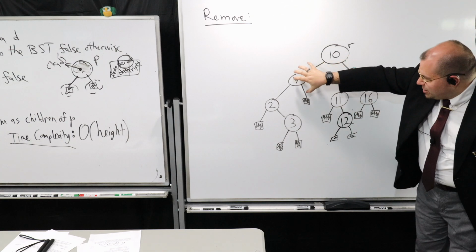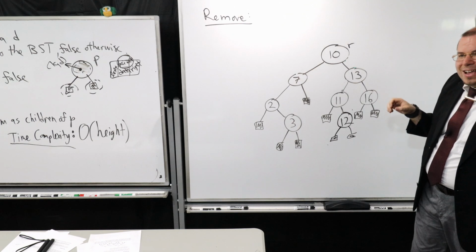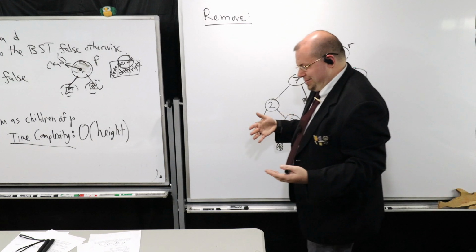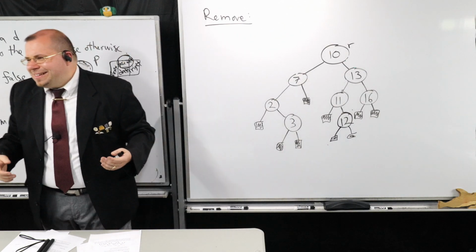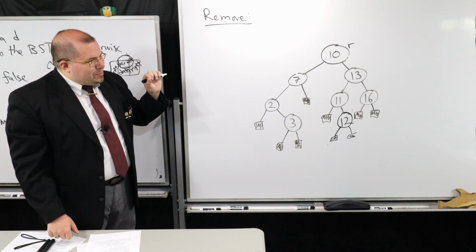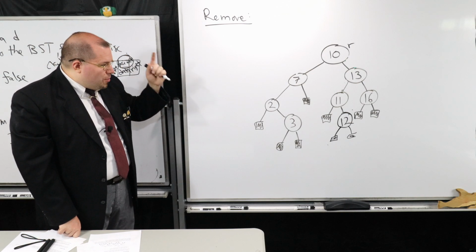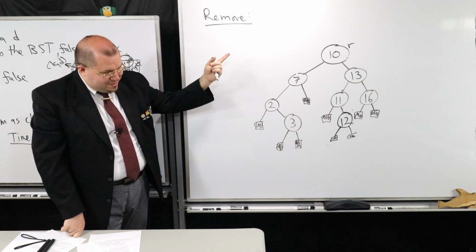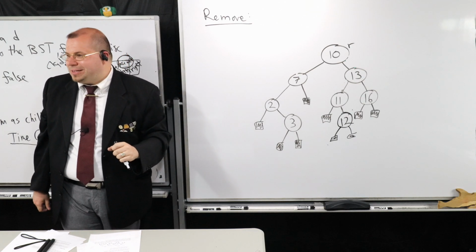I can't just destroy one of these and, I don't know, set it up on the altar of the binary search tree gods or something. That doesn't work. It just doesn't work. But I want us to think a little bit carefully about what makes a removal easy versus one that requires us to think a little more carefully about these cases.